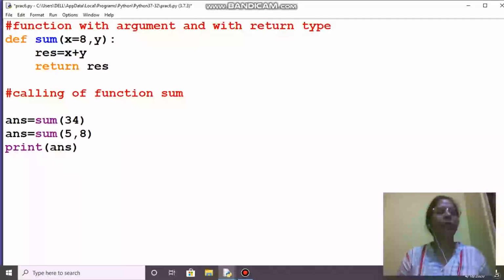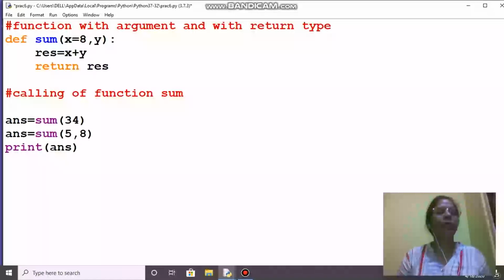Because whenever we give default arguments, we give them from right to left, meaning the rightmost argument first and then the left side argument. The reason is, if we see the first case of calling the function sum here, 34 will be passed to x.